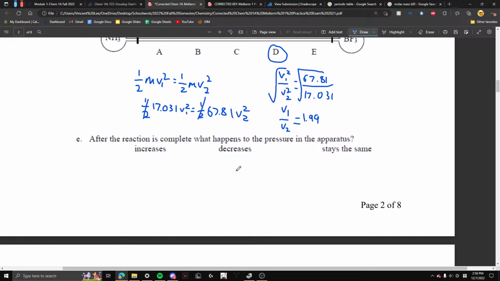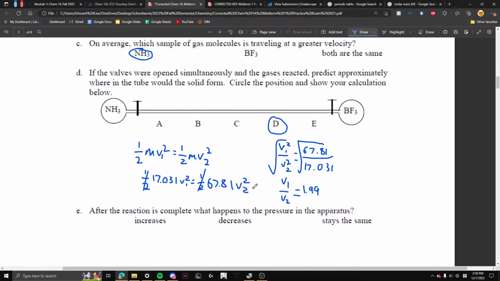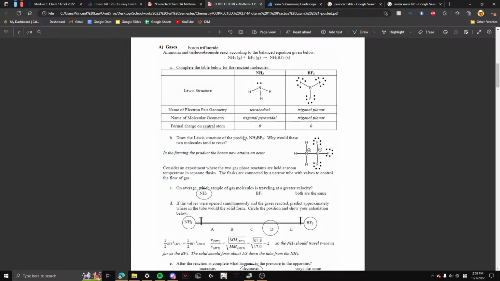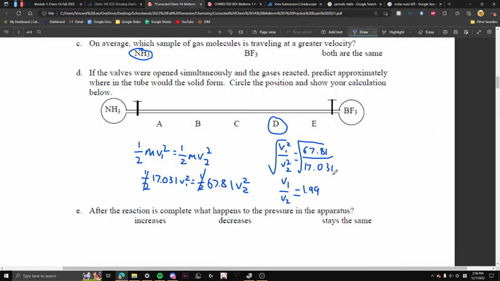And then after the reaction is complete, what happens to the pressure in the apparatus? Wait, the pressure in the apparatus, would it decrease? Yeah, it decreases. I think it decreases purely because, despite the fact that, when everything goes in, there's a lot of molecules bumping around. I guess it all evens out, because before, I guess